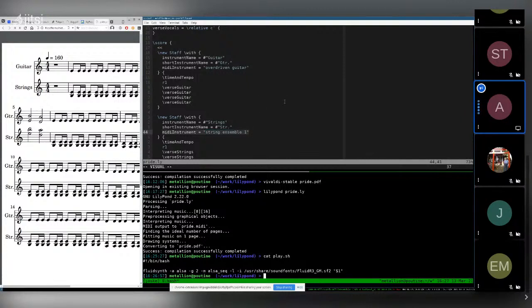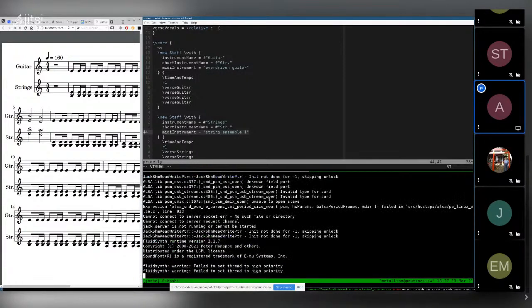So I'm going to give that a go, but before I do, a word of warning. This Fluid Synth, for some reason that I haven't figured out yet, sometimes starts with a lot of crackling. And that's why I left open a measure at the start over here. So it has a little time to get its bearings, but sometimes it still sounds really terrible in the beginning and then fixes itself. So we'll see how this goes. Okay, it worked.